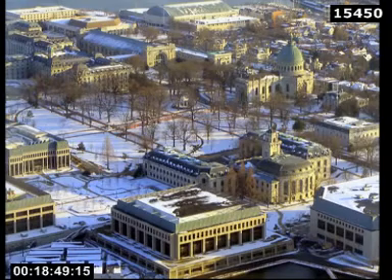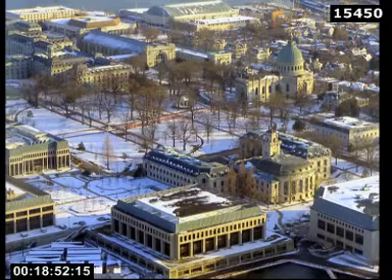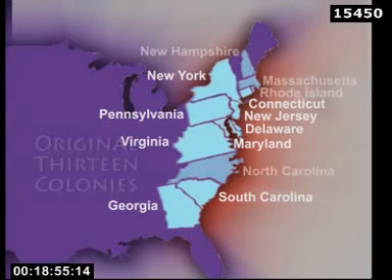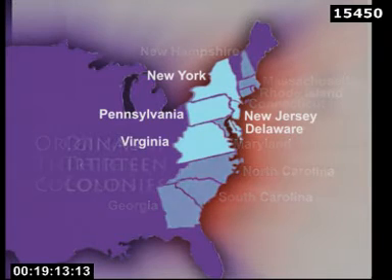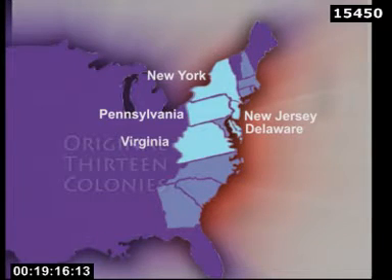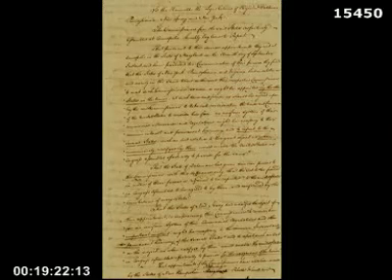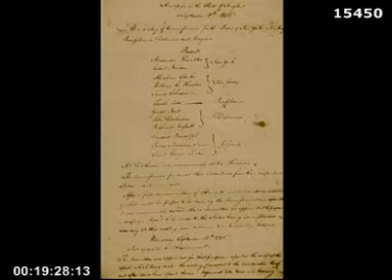The convention met from the 11th to the 14th of September 1786. New Hampshire, Massachusetts, Rhode Island and North Carolina had appointed commissioners who failed to get to the meeting in time to attend it, while Connecticut, Maryland, South Carolina and Georgia had taken no action at all. The commissioners felt that there were not enough states represented to make any substantive agreement. Thus they produced a report which was sent to the Congress and to the states. The direct result of the report was the Philadelphia Convention of 1787.